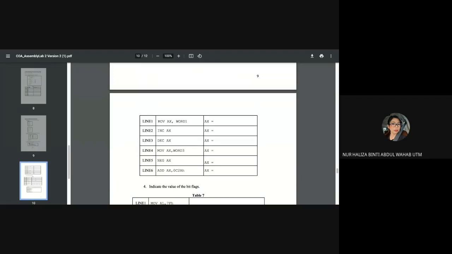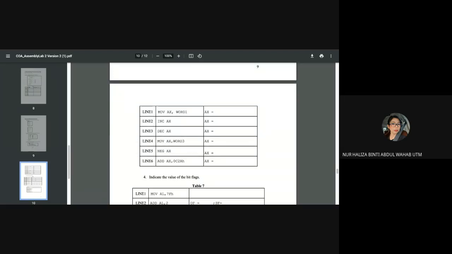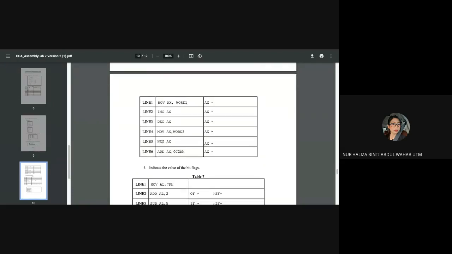Section 09 is okay. Only that they are arguing why this PDF and Word version is different. Okay, next is